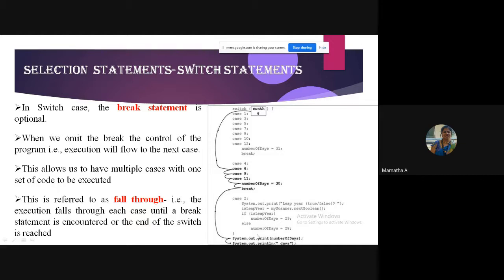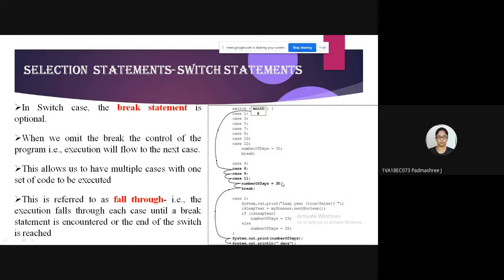So can you just tell me what I am trying to do here, students? What am I trying to find out using the switch case? What am I trying to do here?